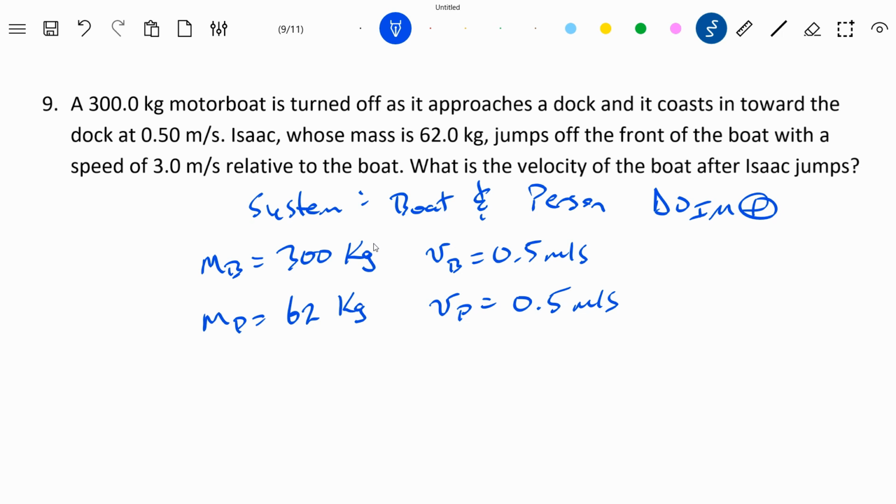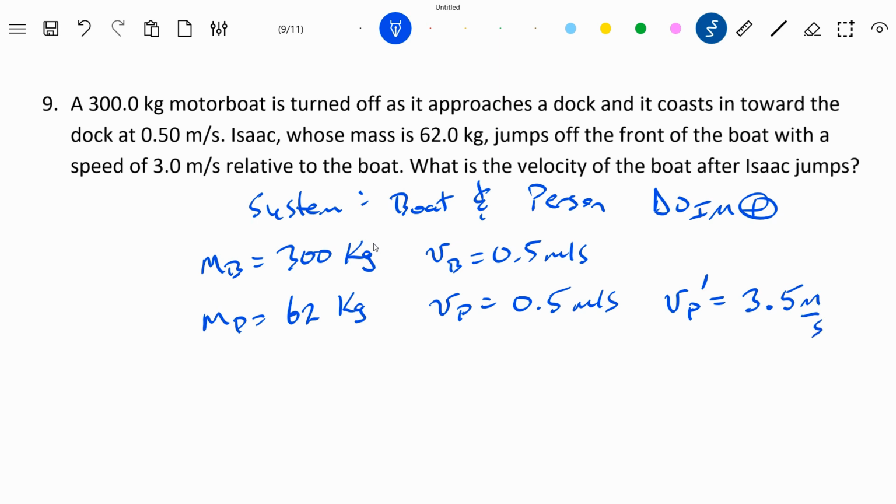There's a little bit of ambiguity there because the boat's velocity is going to change. So I think that it was relative to the boat's initial motion. I have no choice but to assume that. At least that's what I'm going to choose. So with that in mind, I'm going to say the velocity of the person after jumping off the boat is 3 meters per second plus the extra half meter per second that they had because of moving with the boat previously. So hopefully this is not too much of a stretch to just say